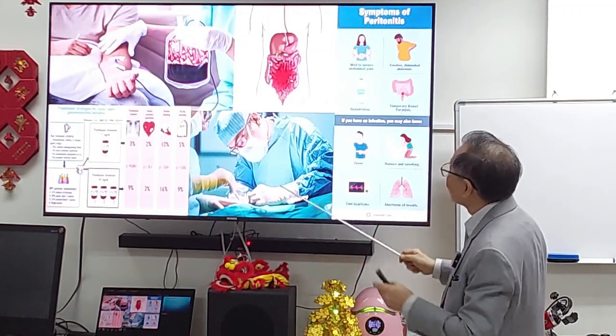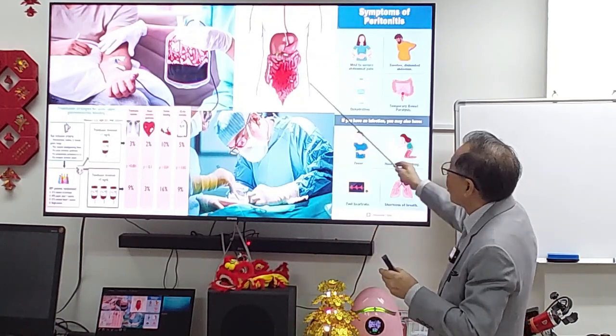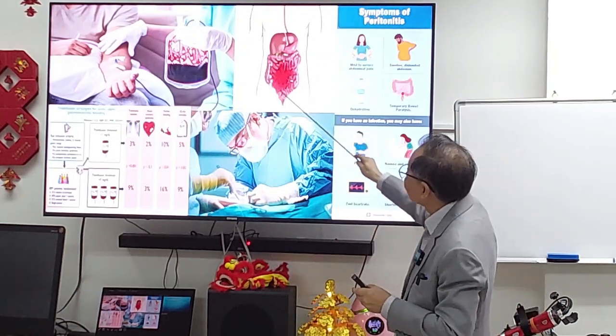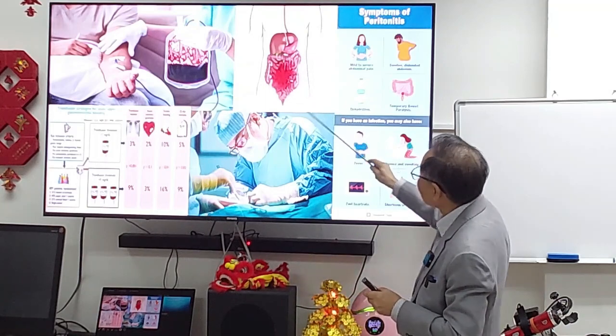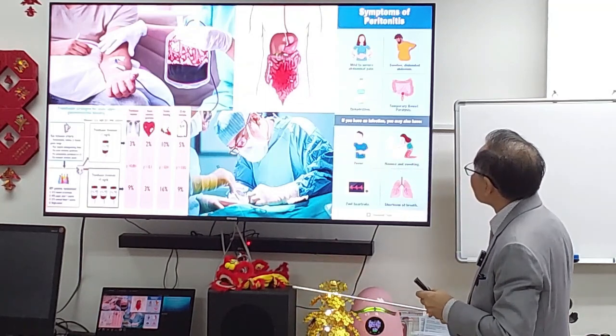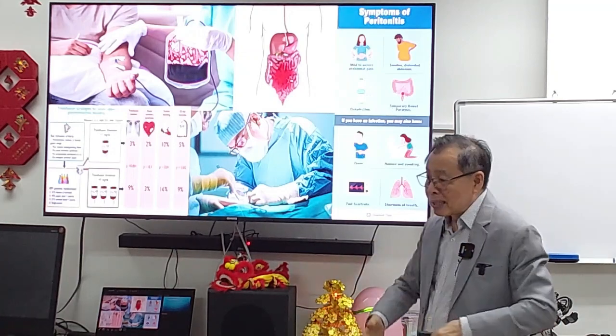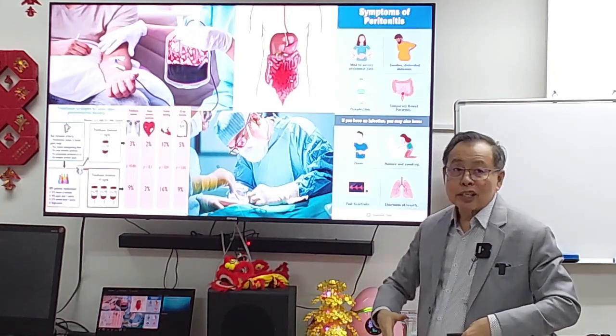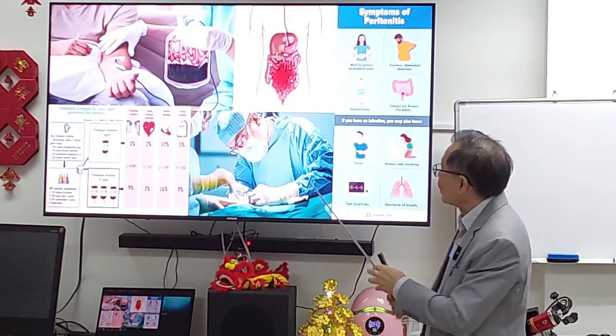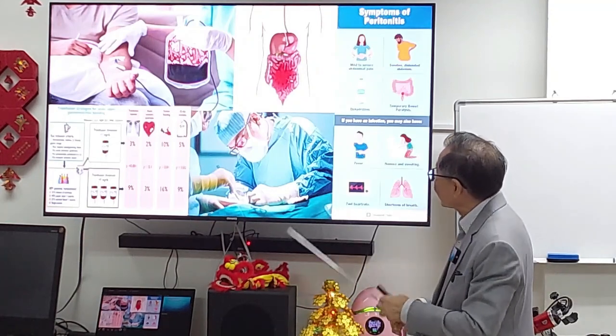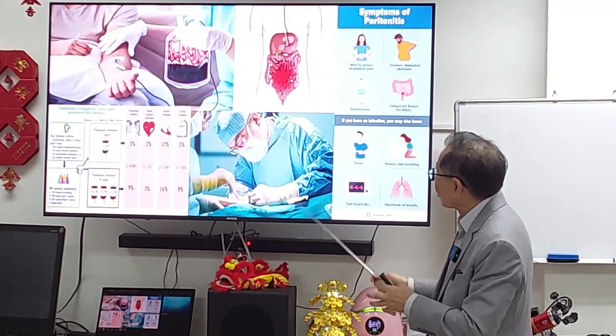Perforated, in other words, you go through, there's a big hole, all your stomach contents get emptied into the cavity. It's all over the place. So what do you have to do? You're not only having severe pain, but your stomach is frozen. A condition called peritonitis. So you need laparotomy.